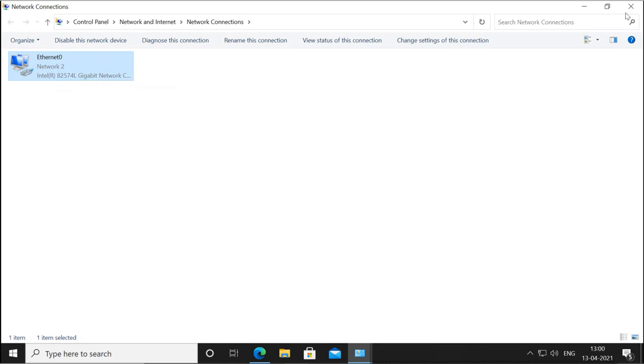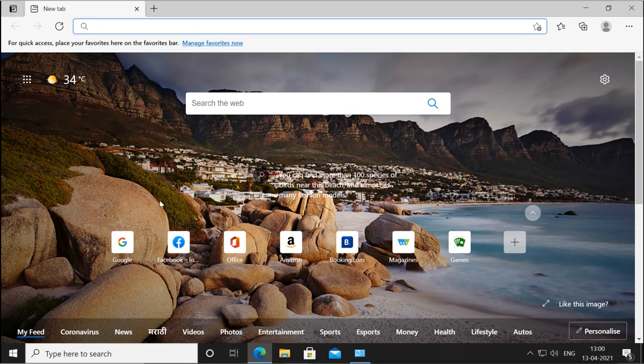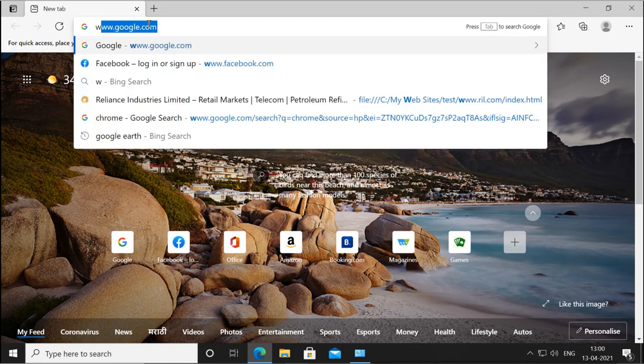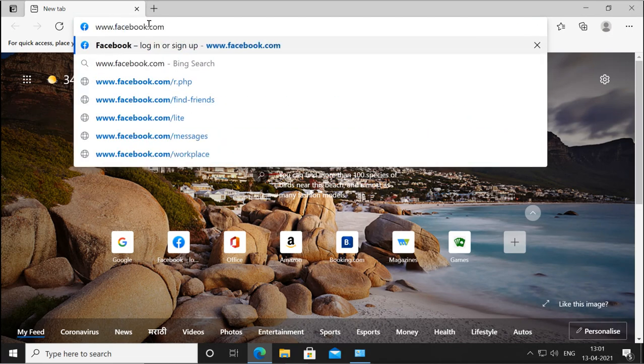Now you will try to resolve the names. So when you give any name, like for example I want to connect to www.facebook.com. So basically what I am doing, I am giving the fully qualified domain name. Fully qualified domain name, that means this is the machine name and this is the domain name. And when I press enter, it will do the process to get the name.